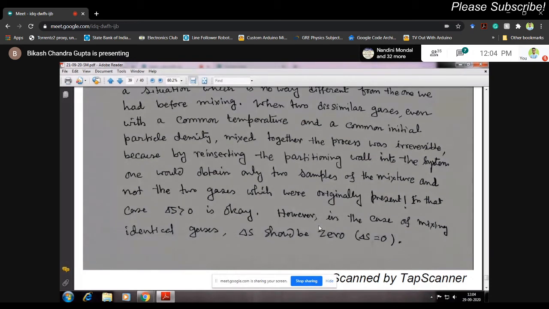Let's say, for example, I ask you, Mosumi, that I am given two hydrogen gases of similar type and similar density, maintained at the same temperature in a container, and somewhere in the middle I have put a wall, which restricts the particles from diffusing or crossing the boundary from one container to another. Now I ask you to get out of the room, and I remove the wall, and then again I put the wall, and I ask Mosumi to come back and see. Now can you distinguish these two things?